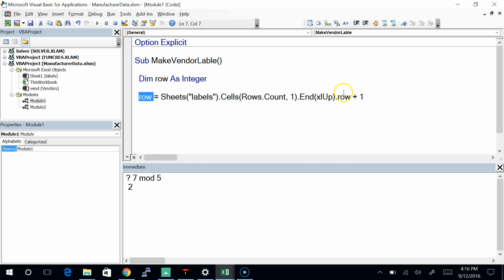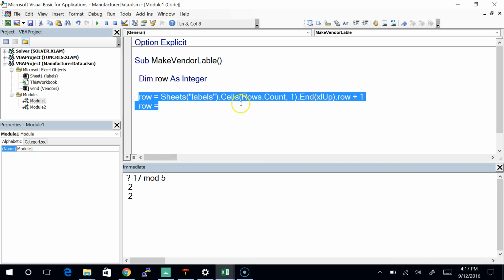So right now, the way this is set up, this is going to be 17. And so I've got to add 2 onto it. So I can just do this. I'm going to change row now to a different value. It's going to be equal to, so remember, after we run this line, row is going to be 17. And I want to just take that number,